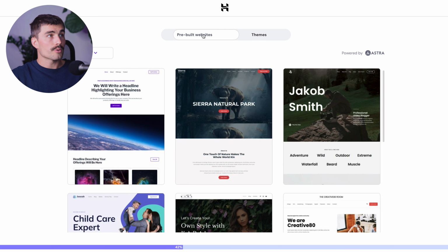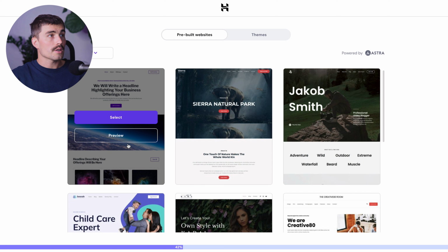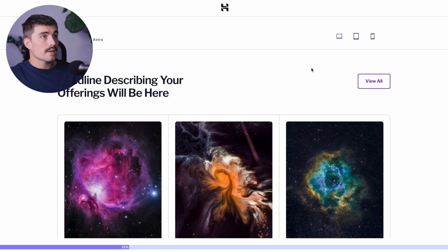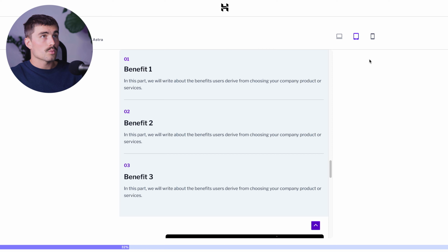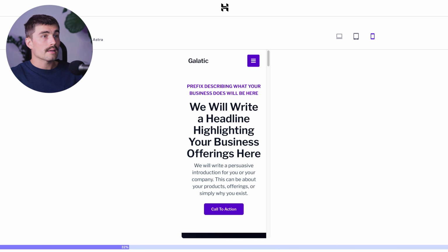I would encourage you to go through the pre-built websites, and I sort of like the way that this first one looks here. So what I can do is, before I go ahead and select it and commit to that, I can go ahead and click on preview. And here you can preview the website, see how it looks, and you can see how it looks on tablet as well as mobile. And if you're happy with the template that you choose, you can go ahead and click on use this